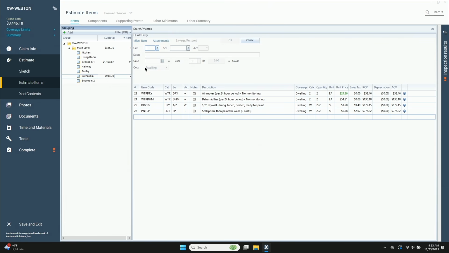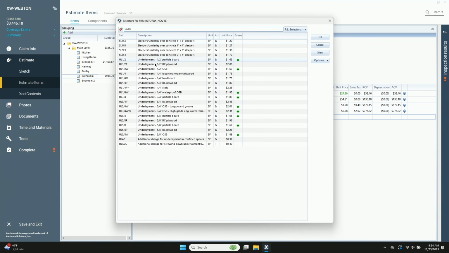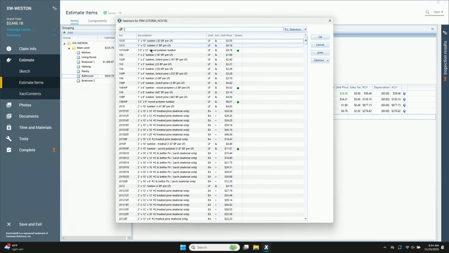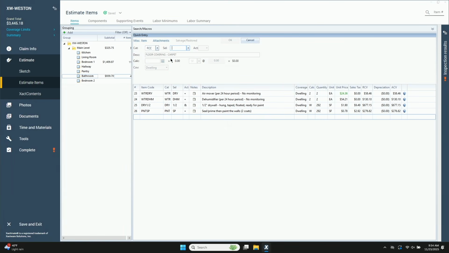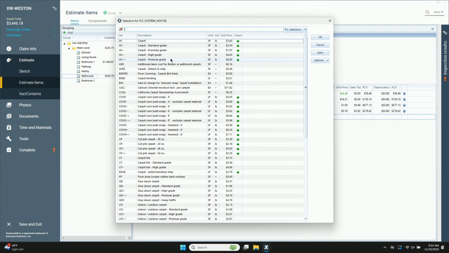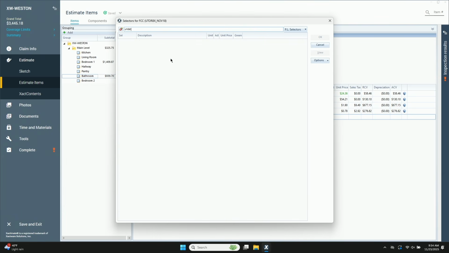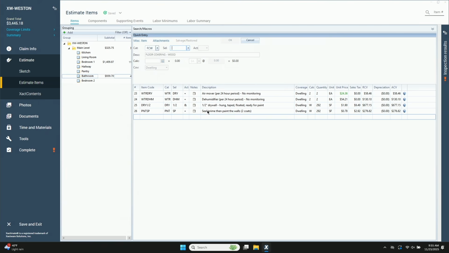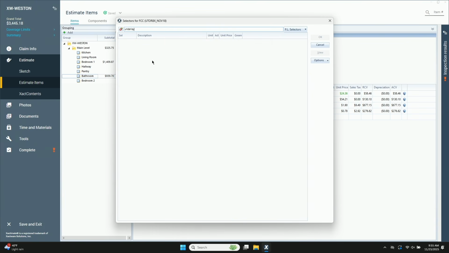Remove and replace underlayment, 5/8-inch oriented strand board, floor covering, not framing, which means you could go to FRM for framing and go underlayment, right, and find OSB, 5/8-inch, but that's not the one we want. They're saying floor covering, not framing. So FCC, floor covering carpet, underlayment, spelled correctly. All right, it didn't show up in there. So what happens when that happens? If you're like, oh, well, it's got to be under FCC, and it's not underlayment. It's not there,